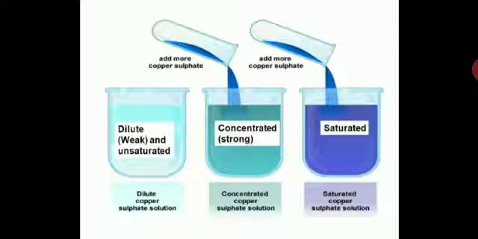Now here is just a picture showing you how dilute, concentrated and saturated solutions can be prepared. You are preparing a copper sulfate solution, where you added a very small amount of copper sulfate to water. Then you add more, it will become very strong, concentrated, it will become thick. Then the saturation point will be reached if you add more continuously, and it will not take up any more. Then it will reach the supersaturation level. If you heat it and add more crystals, they will dissolve, but that supersaturated solution will be unstable.